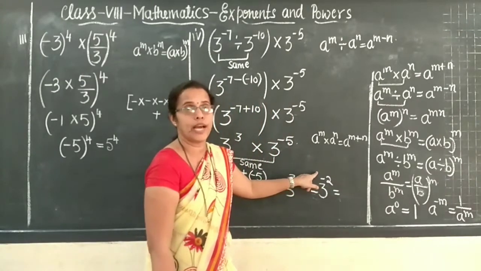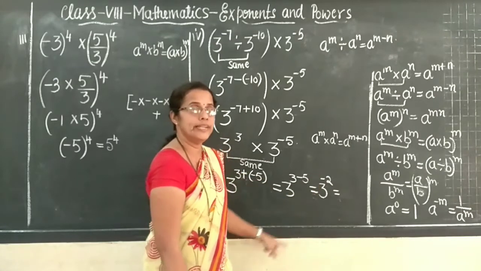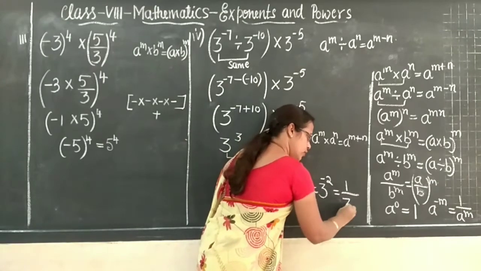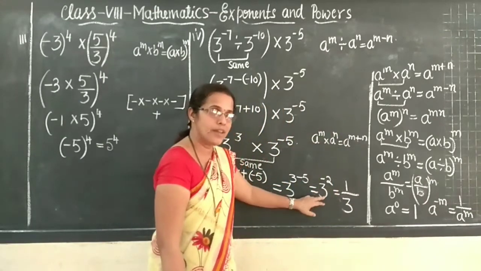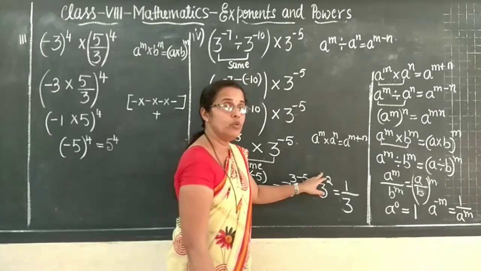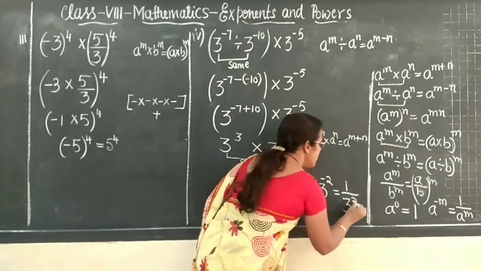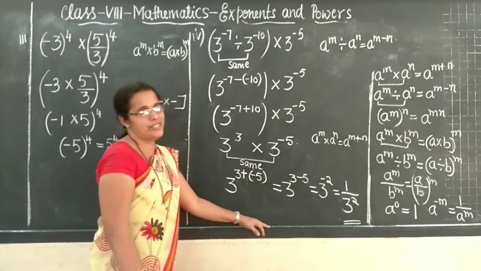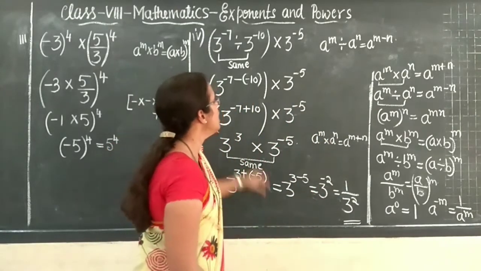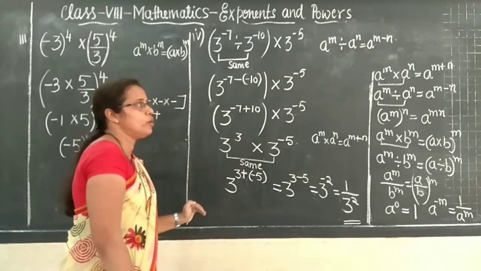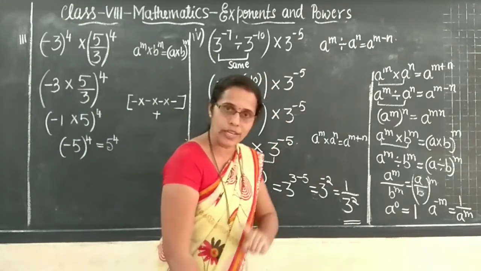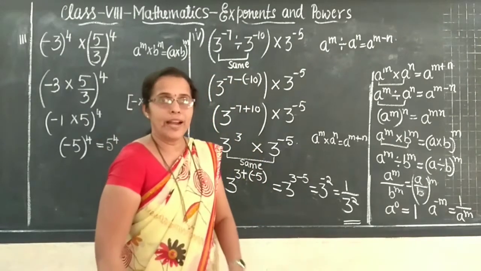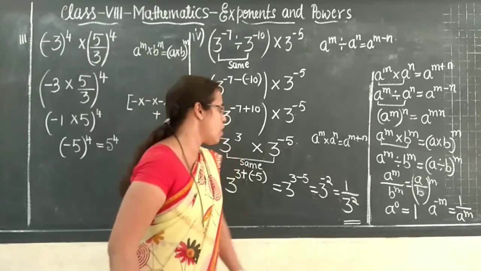Yes. So now there is a negative power. Negative power I don't want. I want positive power. How to write it as a positive number, children? So it is 1 by 3 to the power. What you write? 1 by 3 to the power negative 2. Minus 2 there means I write plus 2. So this is the final answer. Hope you all understood, children. Is it okay? So try to understand each step of that. Two formulas involved in this. Okay. So work out at home daily so that you can master in this. Okay. That's all about this problem.